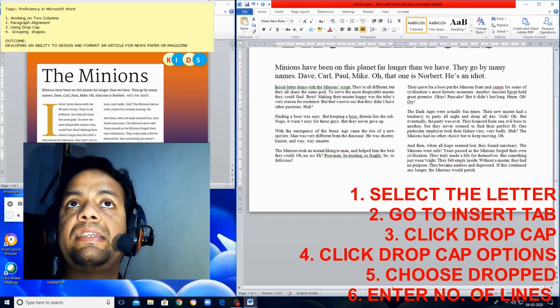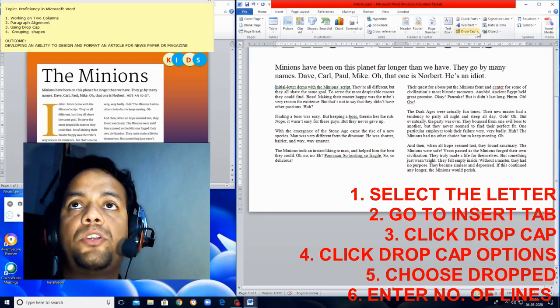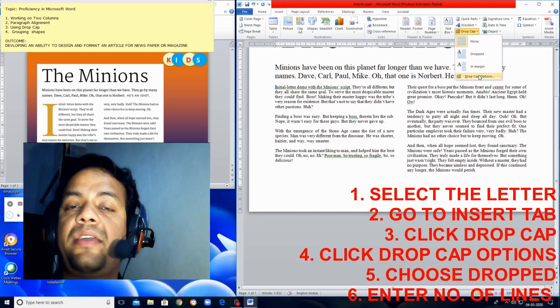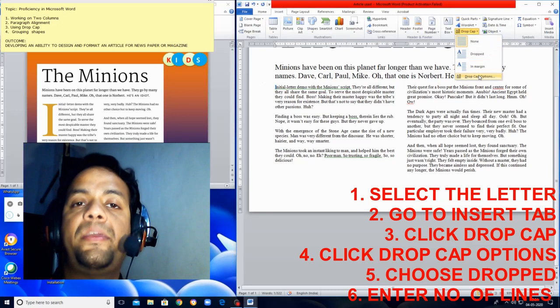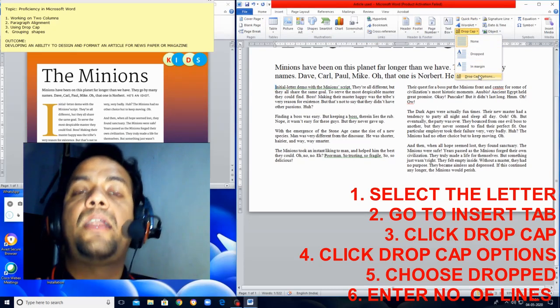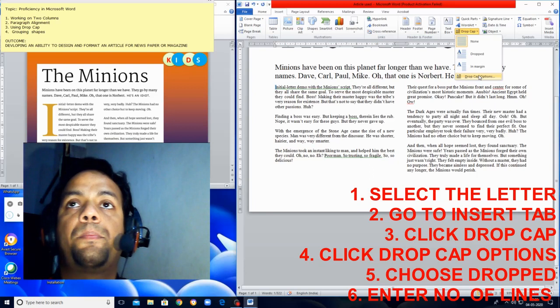After selecting it, I will go to the Insert option. Under the Insert option, we have an option called Drop Cap, and under the Drop Cap, we have the Drop Cap Options. I again repeat the steps. Select the alphabet that you want to extend in the lines, which is known as the drop cap effect. Second thing is, now go to the Insert tab, click on Drop Cap and choose Drop Cap Options under it.